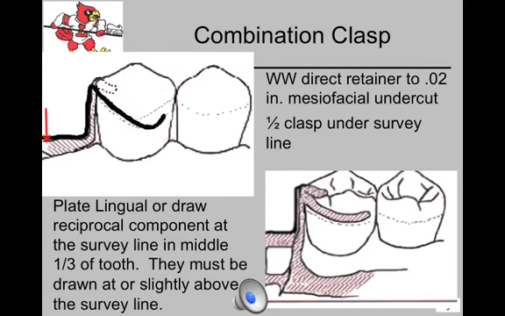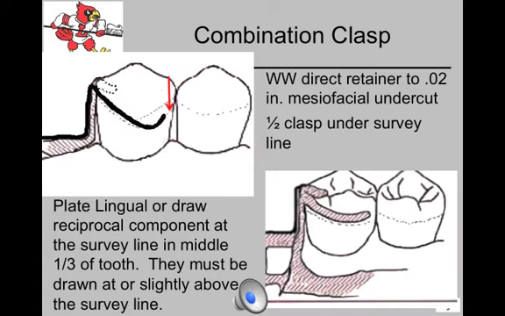That wire comes forward, and basically on the lingual aspect of the guide plate, it turns up to the occlusal surface, and then it originates from the occlusal, coming down above the survey line, but about halfway it will go under the survey line into a .02 undercut and come back up the side of the tooth in sort of